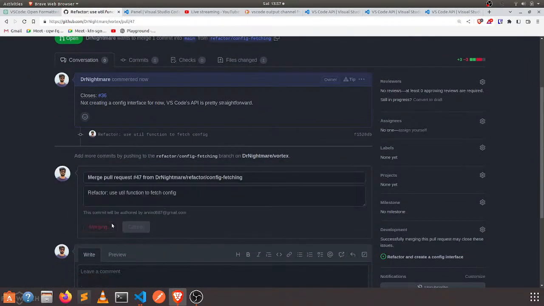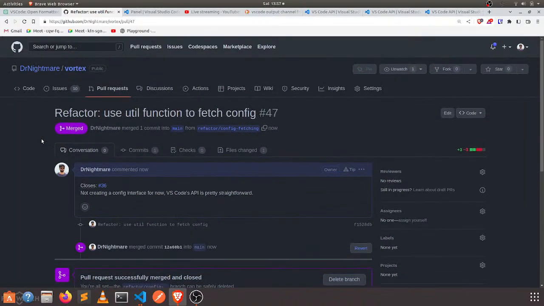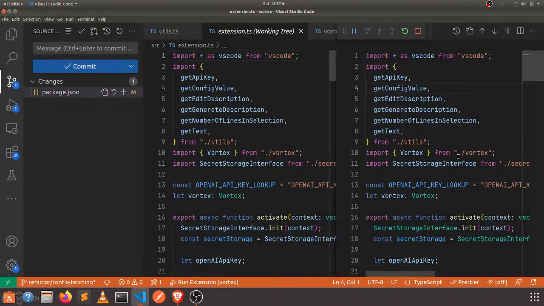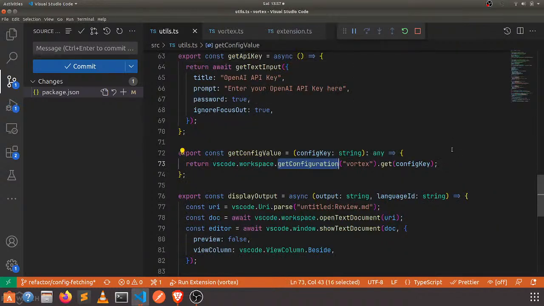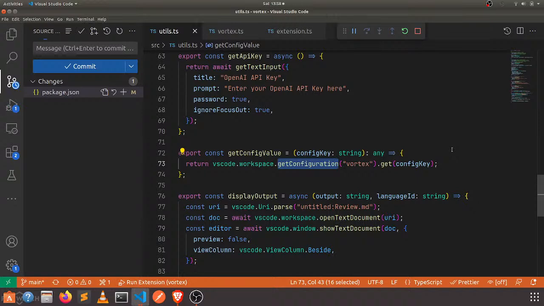I don't think it'll be that useful. Might be useful if we want to do some sort of error handling and add smart defaults, but the thing is, the way we configure the config in our package.json, we can actually already add defaults, so it really doesn't make much sense to reinvent the wheel. Keep this